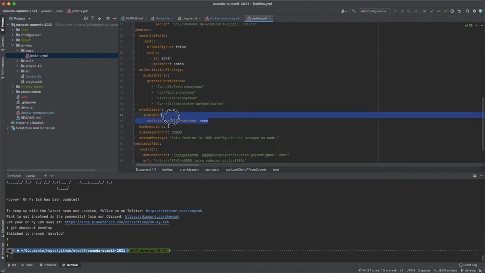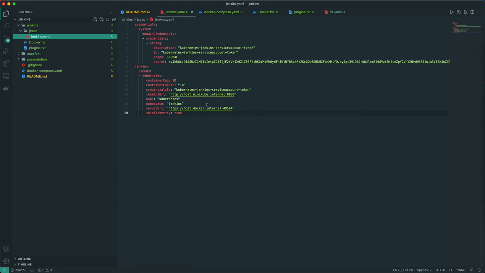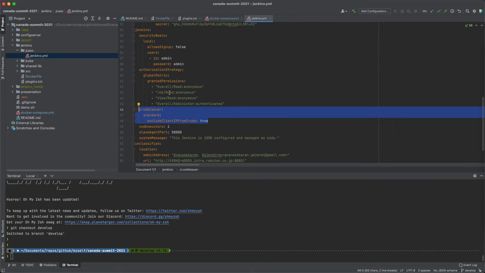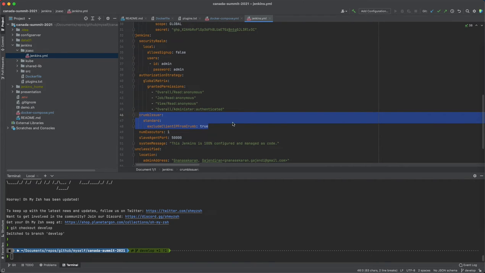Because of this one, it is throwing that error, the scrum issuer error. So let's put this under Jenkins.